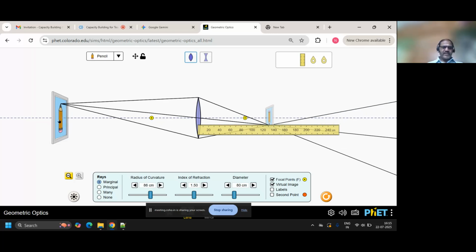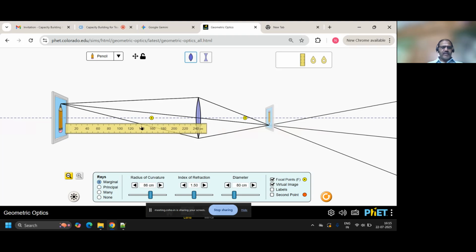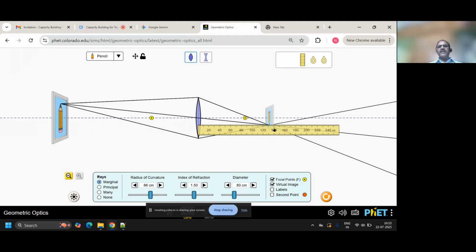Again, change the distance U. Again, measure. Again, calculate. Change the readings 4-5 times. Calculate the focal length. Take the average. This is how we do it in the lab. So the entire experiment can be done here. Okay. I stop sharing the screen now.